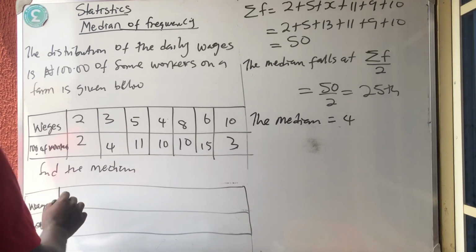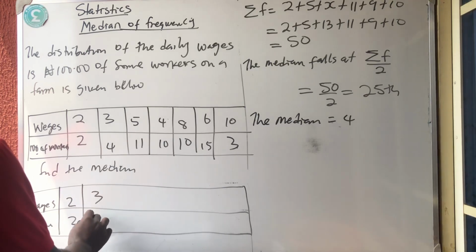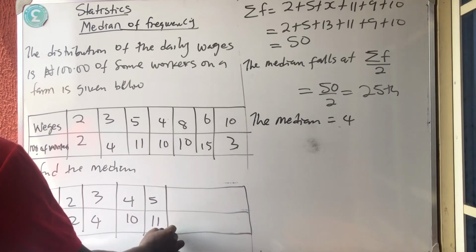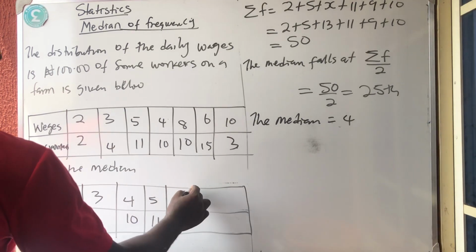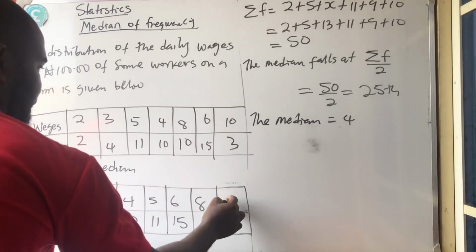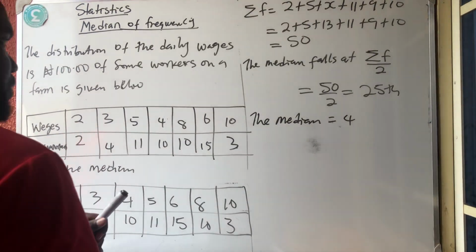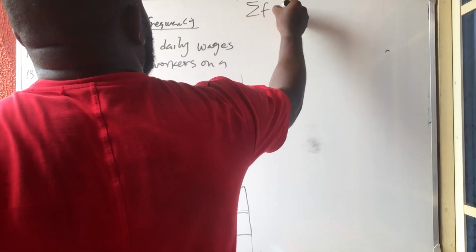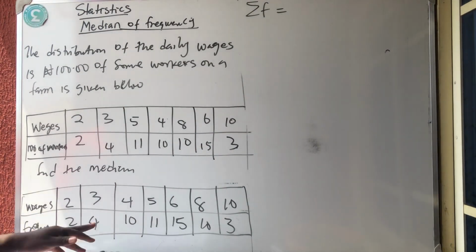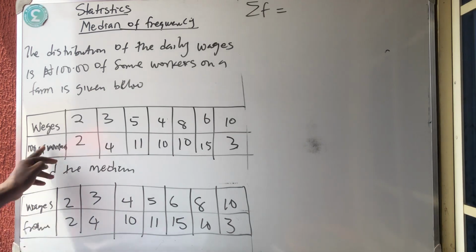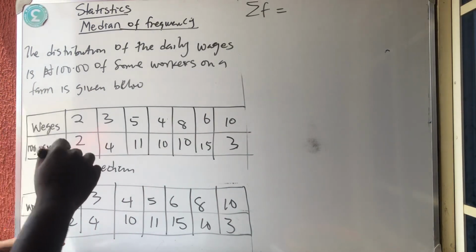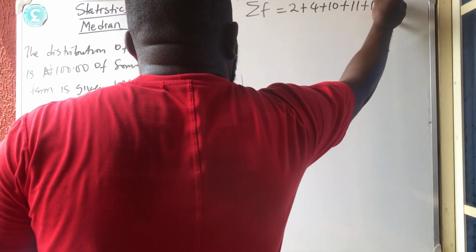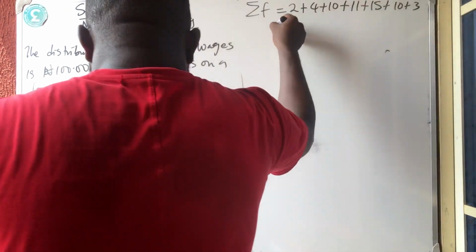So wages, frequency. The first one is 2. 2 gave us 2. 3 gave us 4. 4 gave us 10. 5 gave us 11. 6 gave us 15. 8 gave us 10. And finally 10 gave us 3. So first thing we are going to get is the summation of the frequency. That is the total number of people that worked, because this is the number of workers. So I'm going to have 2 plus 4 plus 10 plus 11 plus 15 plus 10 plus 3, and the summation gave us